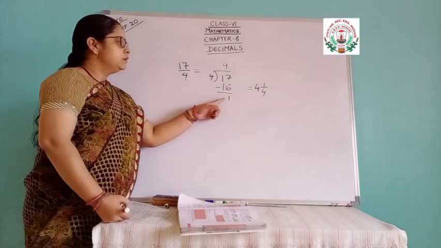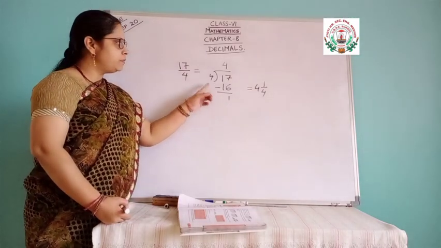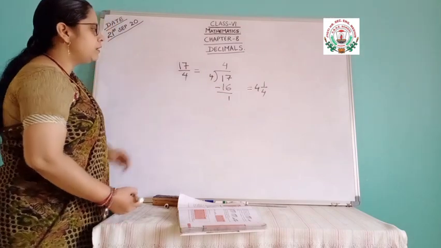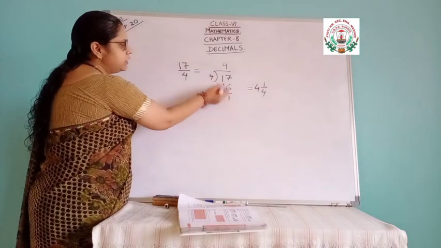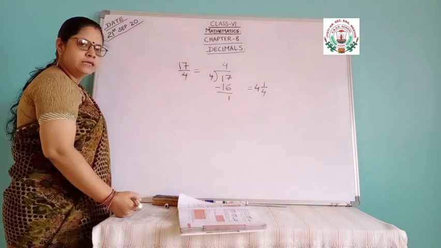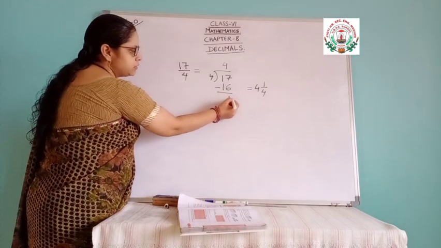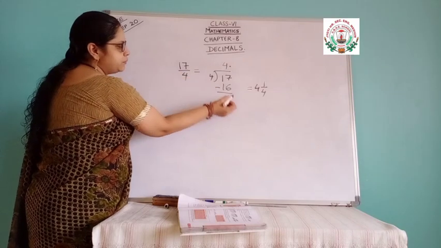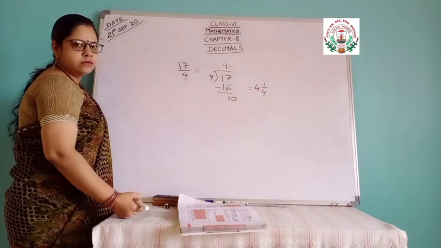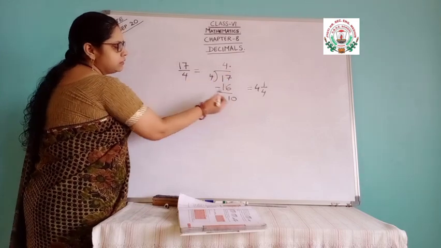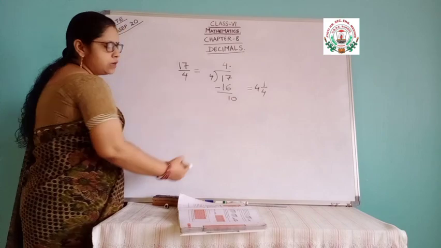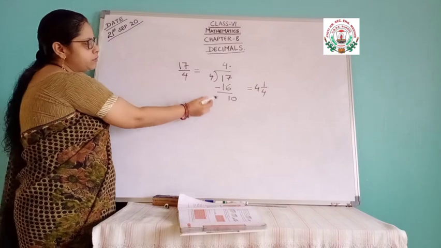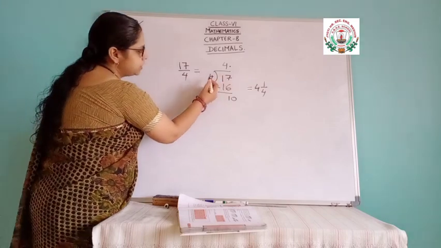Now this 1 cannot be divided by 4. If it could be, then it would be completely divisible here. But it is not coming in the table of 4, so now you have to increase the digits. Before putting a 0 here, you will put a decimal point here. Are you seeing? When you put the decimal point, you can include a 0 here. Now it is a 2-digit number, and now you can divide by any number that comes in the table of 4.